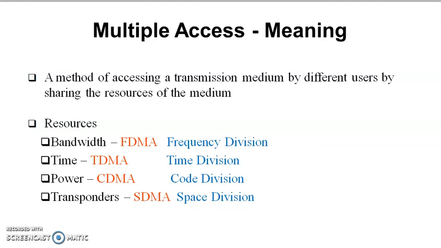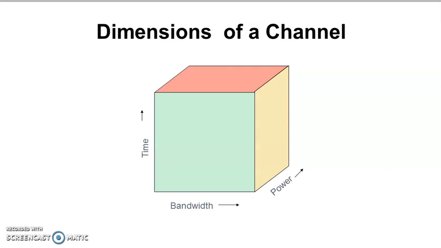Now for FDMA and TDMA, what exactly is the channel sharing that occurs? In frequency division, we have the bandwidth, and we can divide the bandwidth for sharing or multiple access. In TDMA, we can divide the time and use it. For code division, we have a particular code for each given channel. According to that, multiple access or multiple channels are possible in this technique.